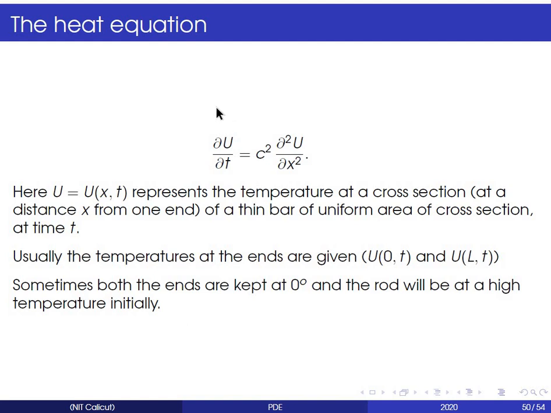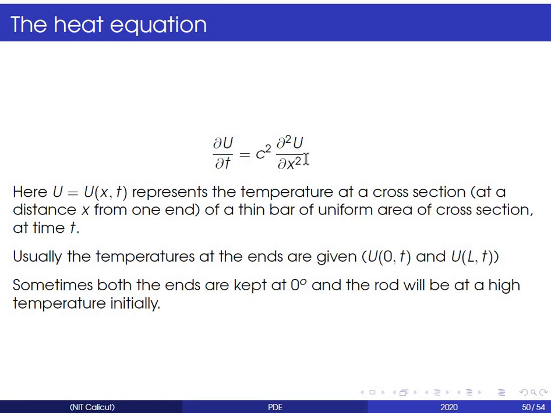Okay, next we discuss the heat equation. The heat equation is ∂u/∂t = c² ∂²u/∂x². If you compare it with the wave equation, which was ∂²u/∂t² = c² ∂²u/∂x²,